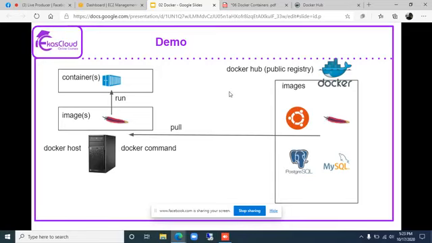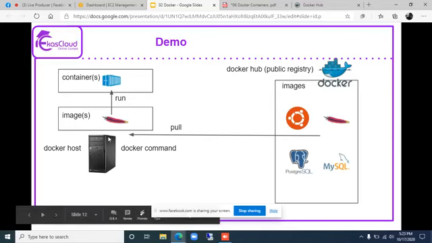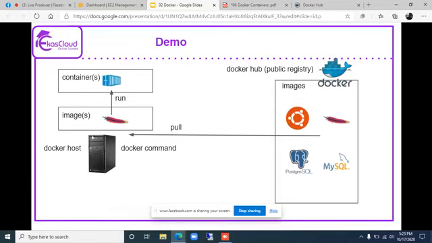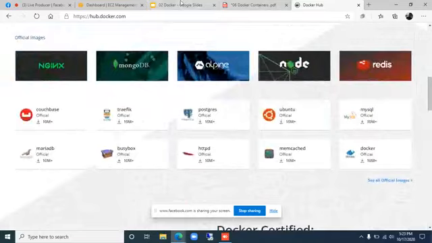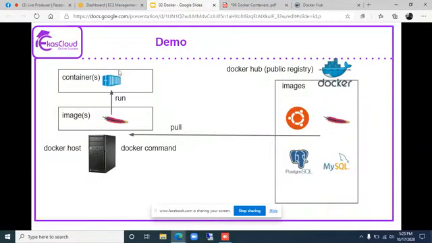So I have a server which is running on AWS cloud. Now I'm going to connect to it. It's a newly provisioned machine. I'm just going to log in and make that machine a Docker host. I'm going to install Docker Engine software. After that, if that server has access to Docker Hub, which is this public repository or registry, from here you'll be able to download the image and run containers. That's what I'm going to do.